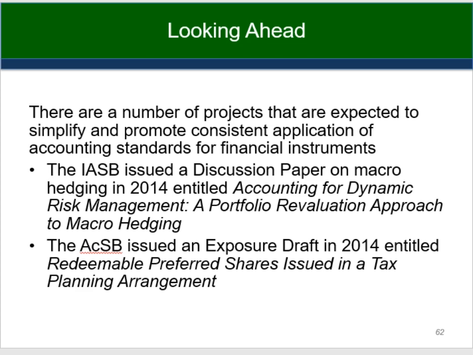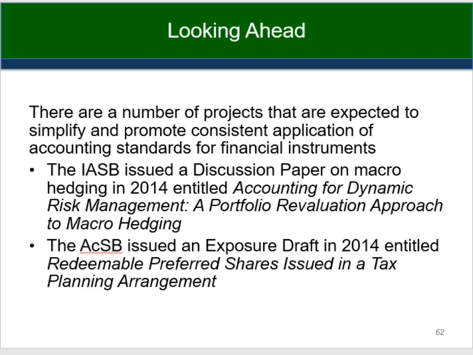Looking ahead, there are some changes to the hedge accounting project. It's been split into 2 phases. There's a general hedge accounting and a macro hedge accounting phase. Macro hedging refers to hedging based on a portfolio of financial instruments such as investments, and so it's going to be treated differently than the general hedge accounting portion. Guidance relating to general hedge accounting has already been issued. It's incorporated into IFRS 9, as we talked about before, and also into this chapter in Appendix 16A.